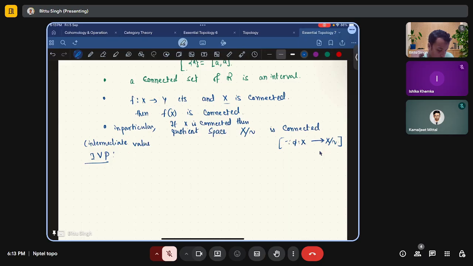Value property. So this property says if f maps X to R, R with the usual topology and X is equipped with any kind of topology, if this is continuous, and X is connected,